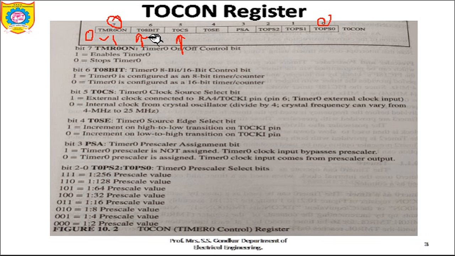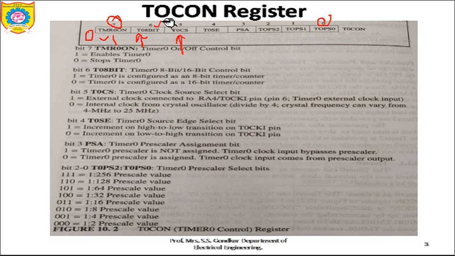So basically if this bit is 1, timer 0 is configured as an 8-bit timer or counter, and if this bit is 0, it will be configured as a 16-bit. As we know, timer 0 can be used as 8-bit or 16-bit. In the introduction itself I told you that. So this will be decided by bit number 6, that is, it can either be used as 8-bit